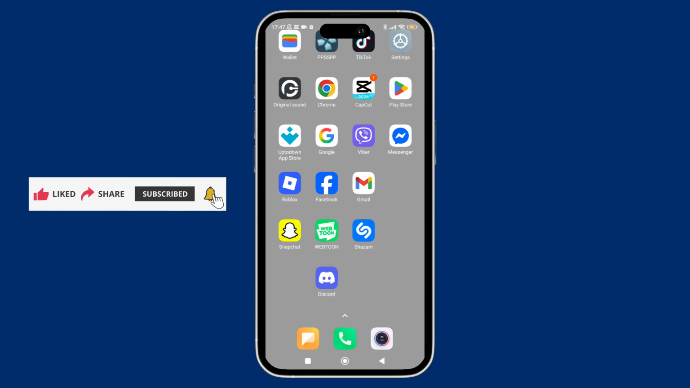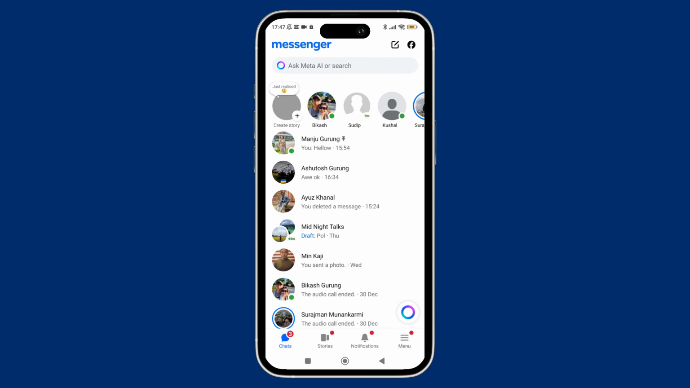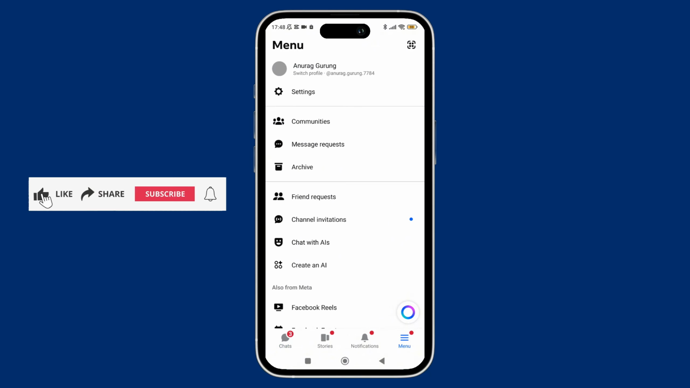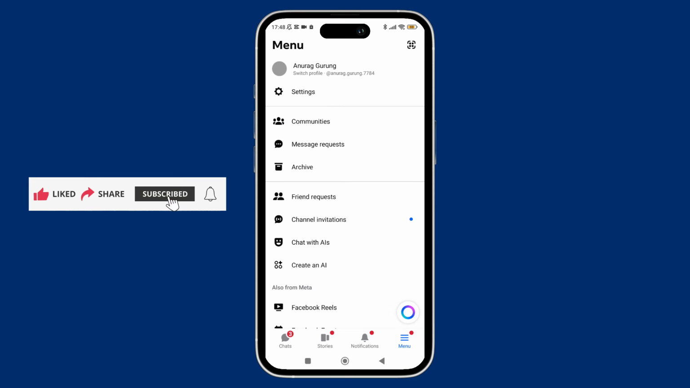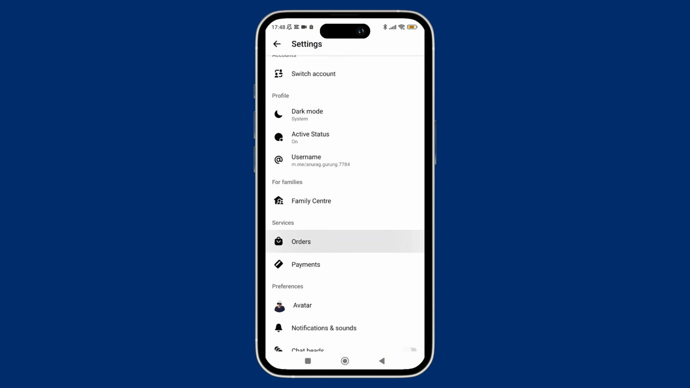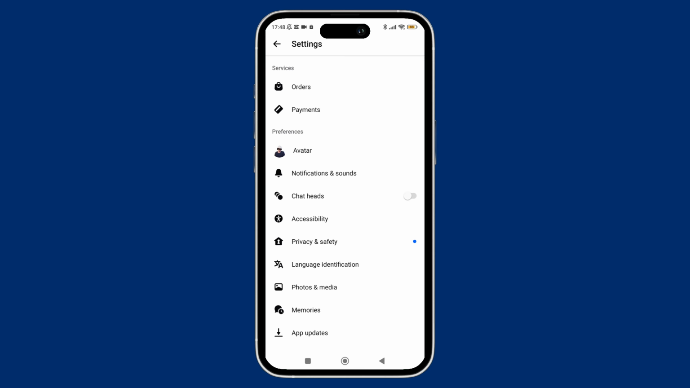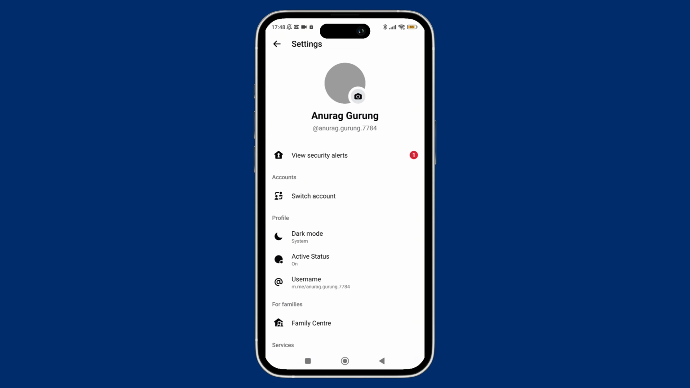Simply open the Messenger app on your phone and make sure that you're logged into your account. Once you're inside the app, just tap on the menu icon shown in the bottom right corner of the screen. Then simply tap on settings. Once you're inside the settings, scroll down, and there you can just tap on your profile picture, or you can even tap on